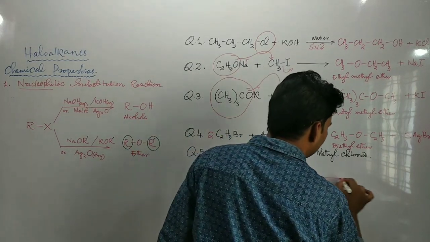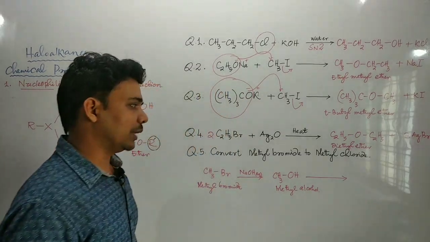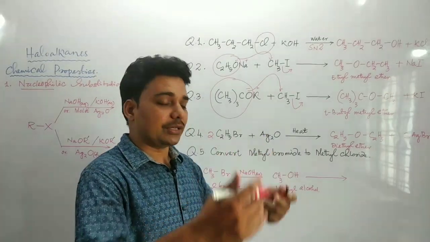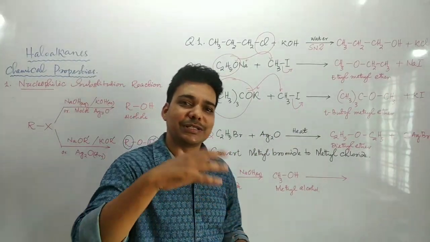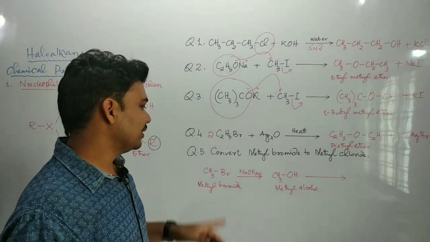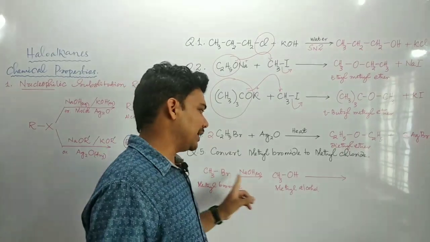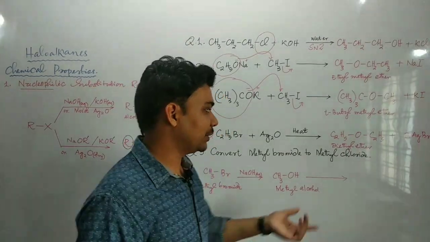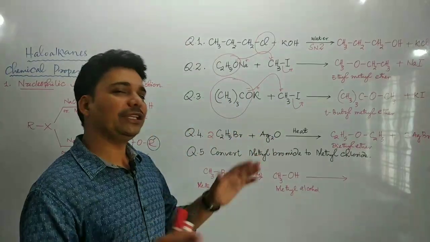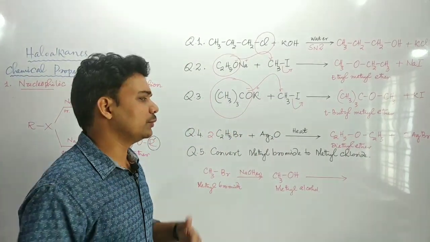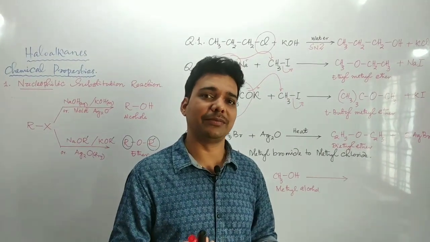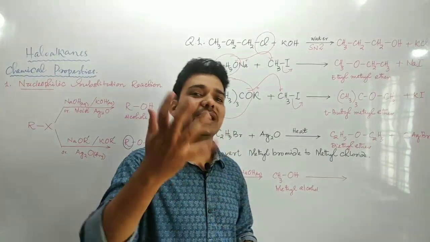Now this methyl alcohol could be converted into methyl chloride. What we need exactly? Methyl alcohol. Just remember, how can you convert alcohols into the corresponding alkyl chloride? You need not change the number of carbon atoms here. In methyl bromide, one carbon was there. In methyl alcohol, one carbon. And what we need finally, methyl chloride, also contains one carbon, right? So we need not change the number of carbon atoms. That's why this is a very simple interconversion. You need not think about changes in the number of carbon atoms. Simply you need to change the functional group.